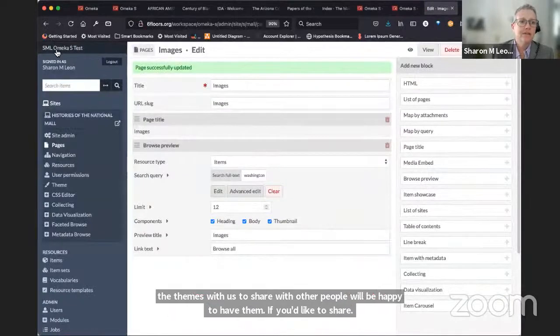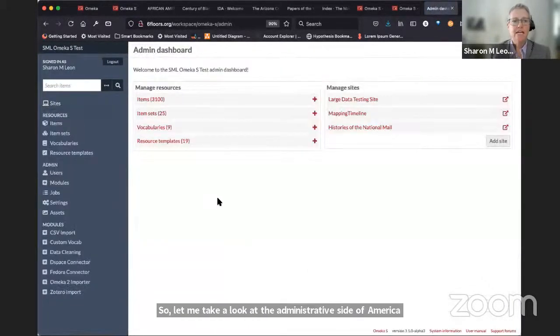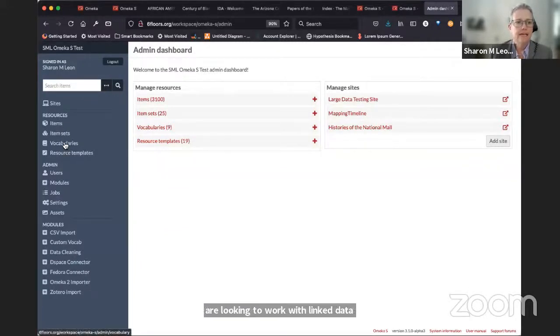So let me take a look at the administrative side of Omeka S and start to look at some of the things that would be interesting and useful for those of you who are looking to work with linked data. As I said, the native data type for the model for Omeka S is JSON.